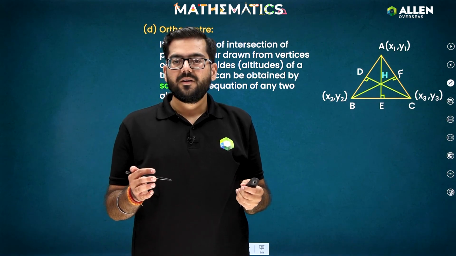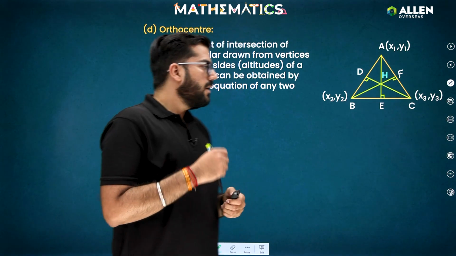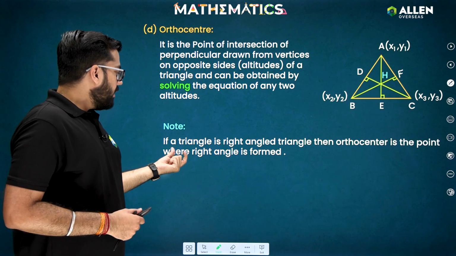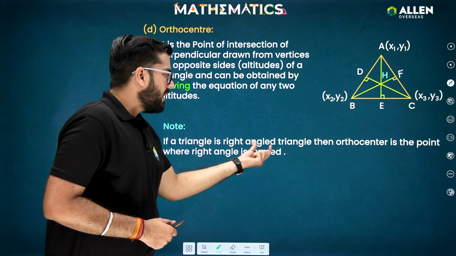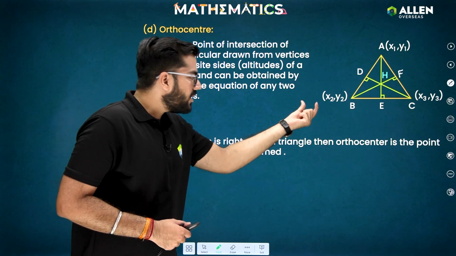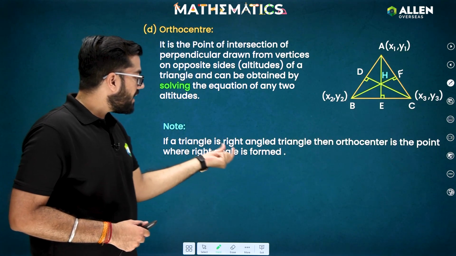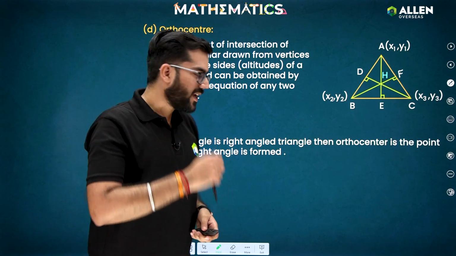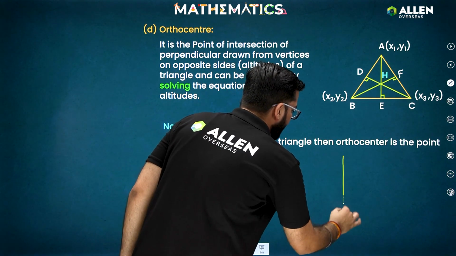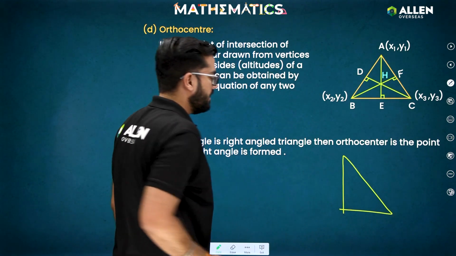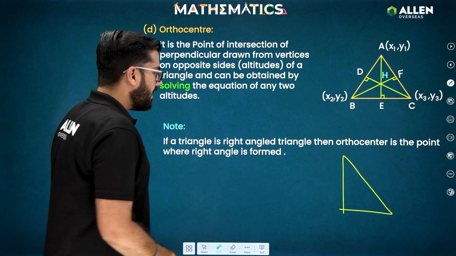Quite easy to understand. Now, one important note in this: if a triangle is a right angle triangle, then the orthocenter is the point where the right angle is formed. How? Let's visualize this. We have a right angle triangle, let's say, kind of like in this way. Now in this right angle triangle, you know,